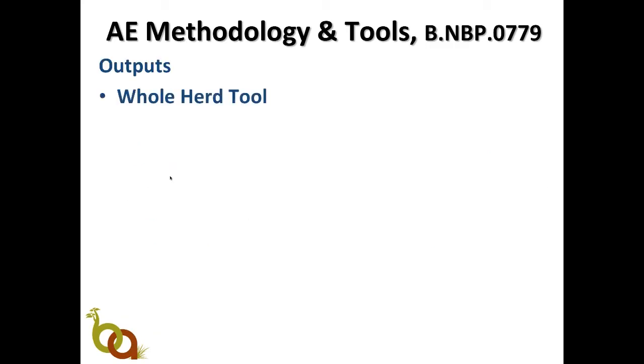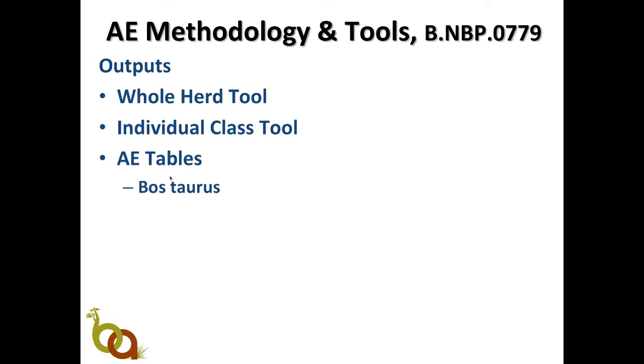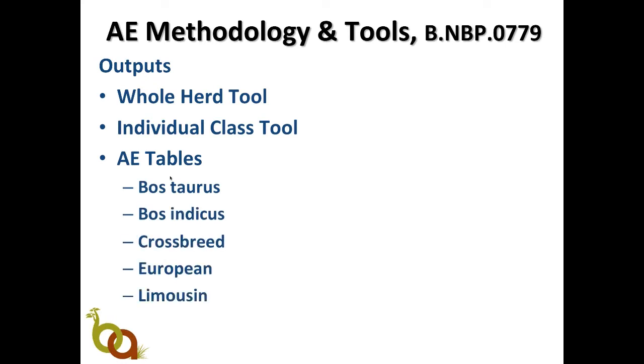So what are the outputs of it? There's a number of tools. There's a whole herd tool, and we'll run through all of these soon. An individual class tool, AE tables, which are static. The AE tables are for Bos Taurus, Bos Indicus, Crossbred, European and Limousin. They're the same for all of them, and we had to do that because the breed of the animal has an influence on its energy